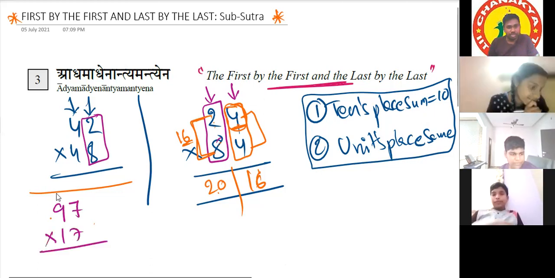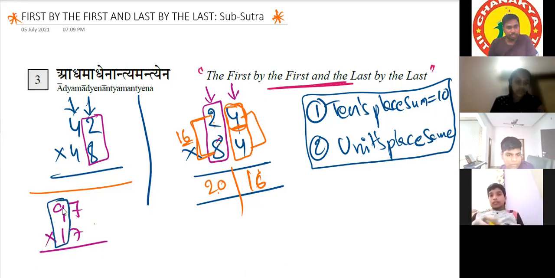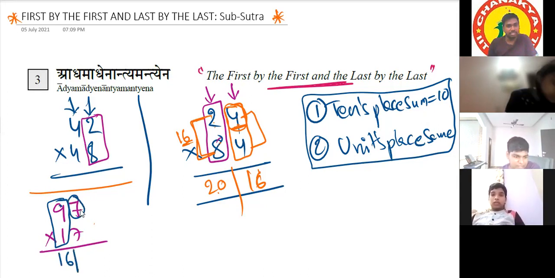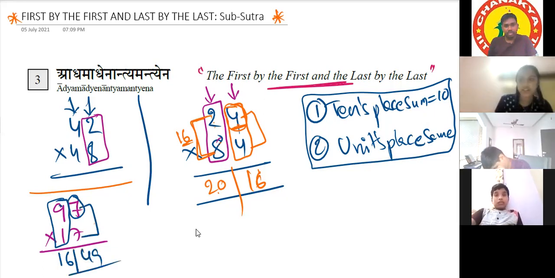So now tell me, the tens place digits product is how much? Sir, 9. 9 into 1 is 9. The common number is 7, we have to add this number. Sir, it will be 16. Yes, 16. After getting 16, it's simple. 7 7s are 49. 49. Okay, this is simple, sir.